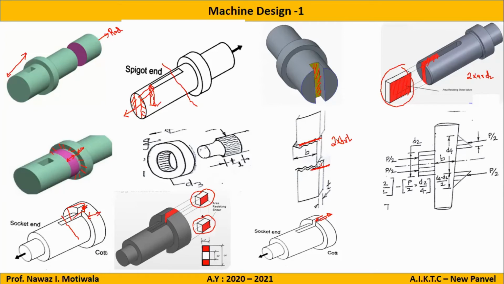So the formula was 2 into 2 into R2 minus R1. If I talk in general terms, it will be 2 into 2 into R2 minus R1, but 2 into R2 minus R1 can be written as D2 minus D1 in normal terms. Actually, we have taken the nomenclature as D4 and D1, I think.